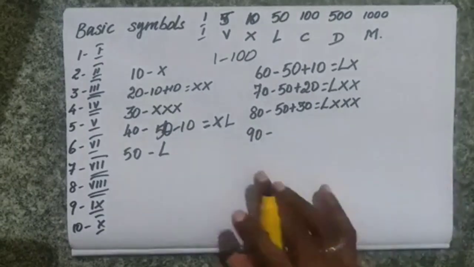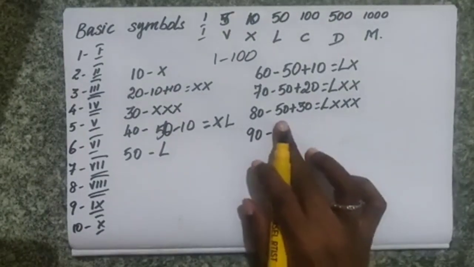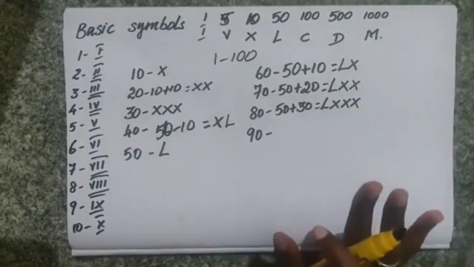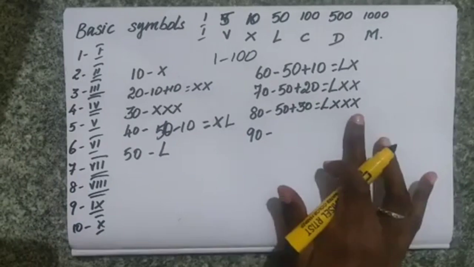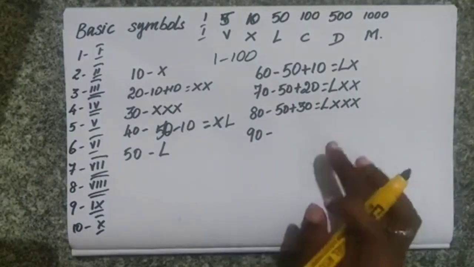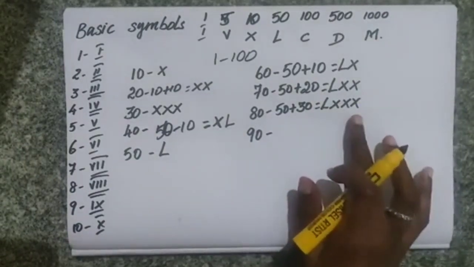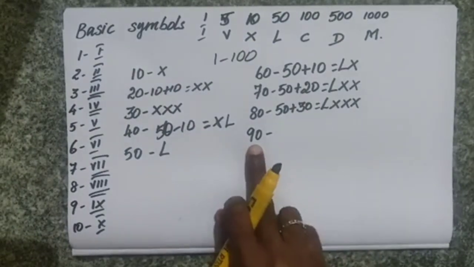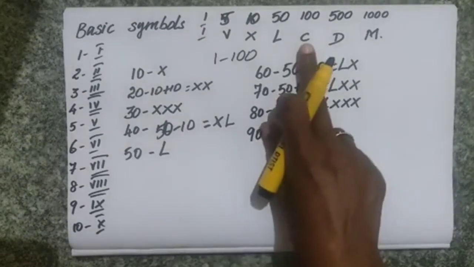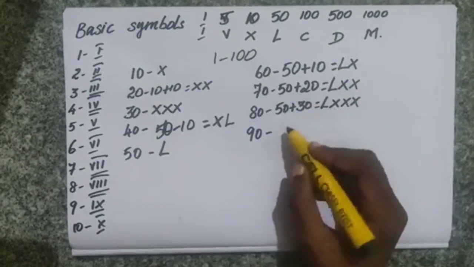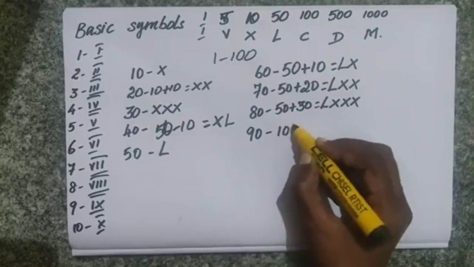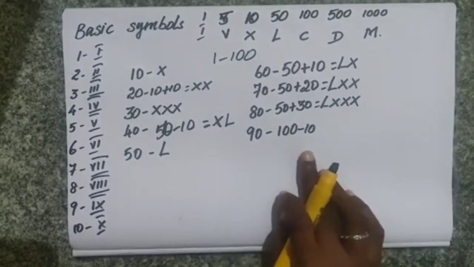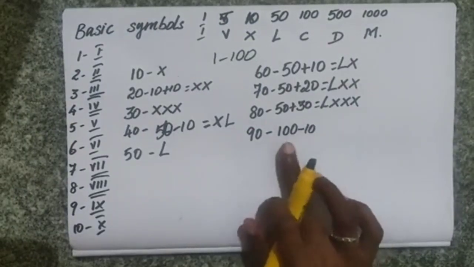Now for 90. Now this also you keep in mind. For 90 we cannot write 50 plus 40. 40 means 4 times we have to repeat 10. But we cannot repeat the number 4 times. Only we can repeat 3 times. So what we have to do? We cannot go with addition. So you have to go for subtraction. To go for subtraction you have to go for the next higher value. So higher than 90 what is there? 100. That is C. So from 100 what if you will get 90? You have to minus 10, then only you will get 90. So from 100 if you minus 10 you will get 90.